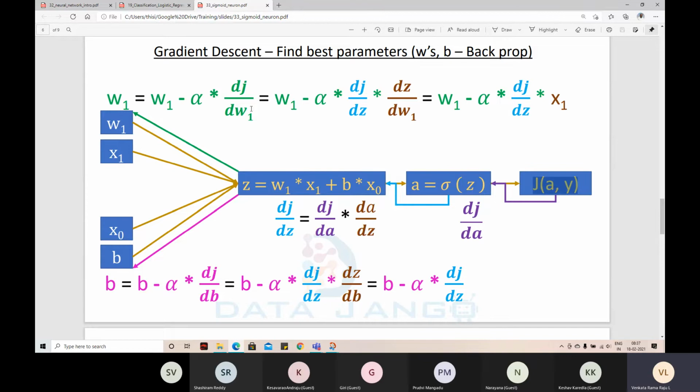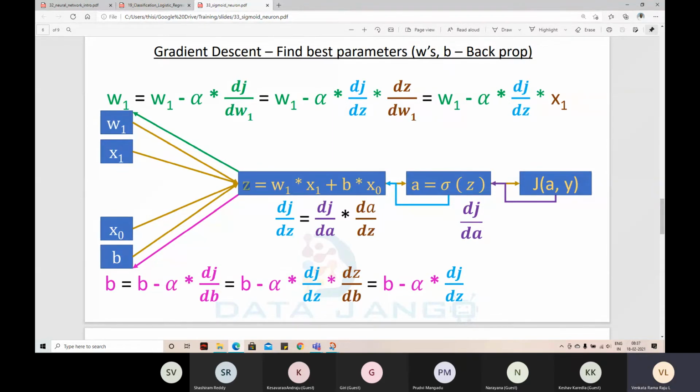So if you know how many units J changes when W is changed, you can actually control that by using alpha, that same gradient descent algorithm. W we are changing in the direction in which a 1 unit change is affecting J. W1 minus alpha into dJ by dW1. So W1 minus alpha into dJ by dW1 can be calculated using